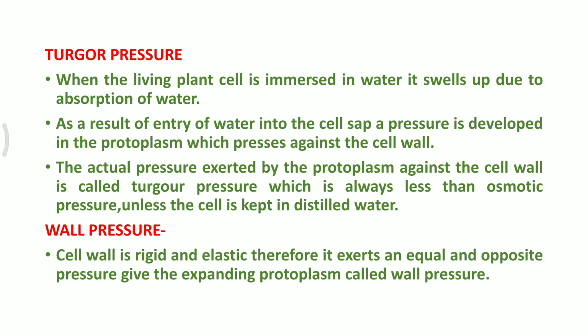So there are two pressures which come into play. One is the turgor pressure, which is developed because the inside cellular content or cell organelles content is completely swollen up because of high amount of water within it, and it is known as turgor pressure. Whereas the wall pressure is the pressure applied by the outside cell membrane as well as the cell wall to the inside contents which have become completely bloated and swollen up, so that the cellular content remains inside. Otherwise, when the turgor pressure exceeds wall pressure, the cell will burst off.